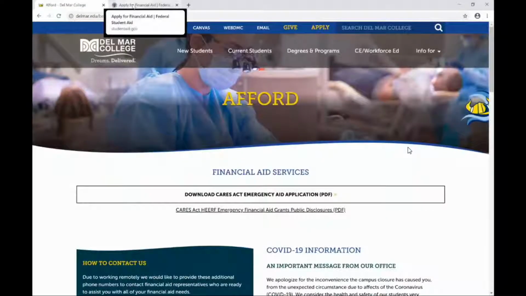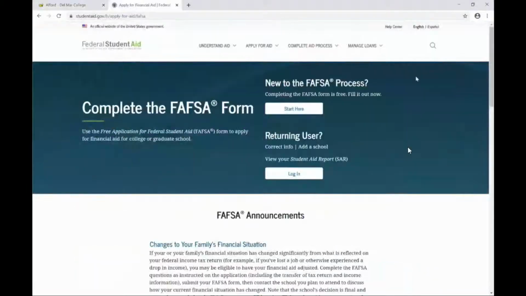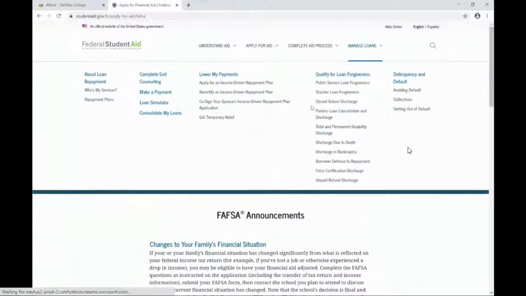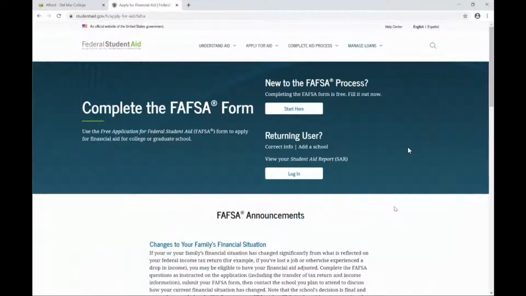I know a lot of people have been emailing and calling in saying, hey, I need to do my FAFSA. Where do I go? What taxes do I need? And so we can go over all that good stuff right now. All right, guys, so you can already see my screen. So this right here is the studentaid.gov website. So what you're going to do, if you have never completed a FAFSA before, you are going to click on Start Here. What that's going to do is prompt you to create an FSA ID and password for yourself